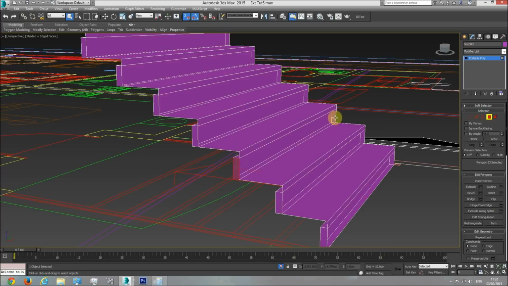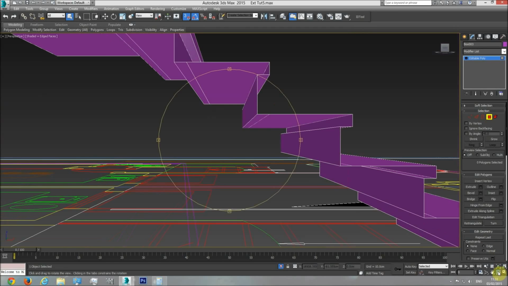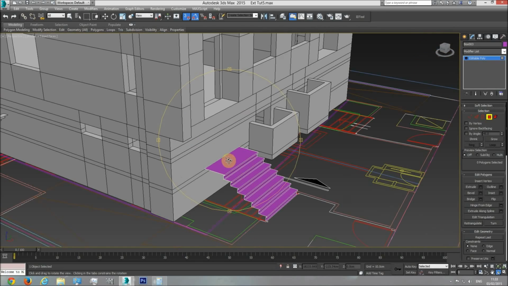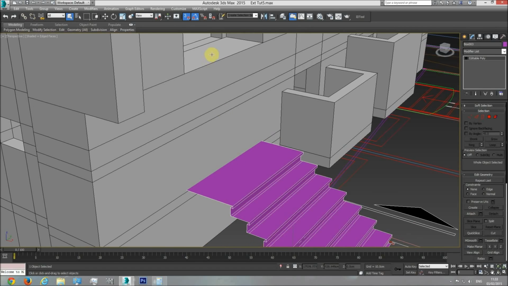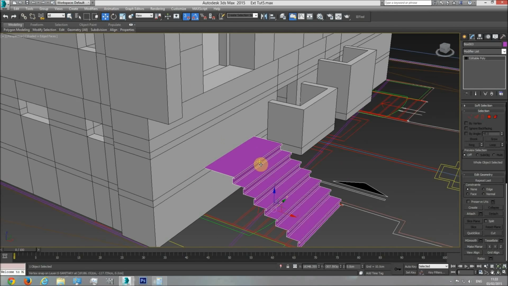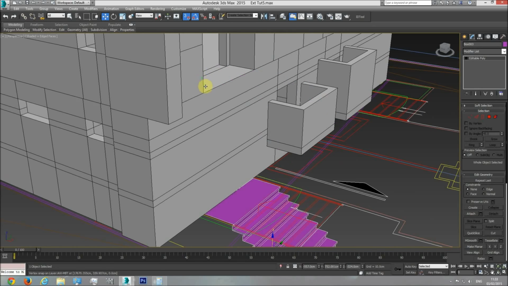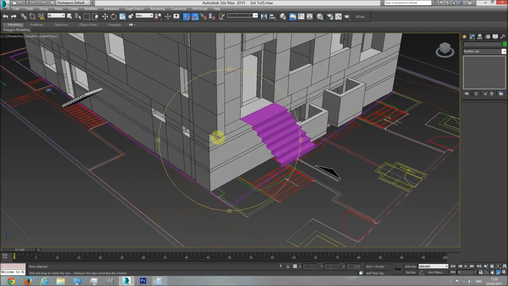Okay, now I need to delete these polygons, so I'm going to go to the front viewport and select these ones, and so on and so forth. And guess what? We have the stairs. So let's see what we have here. Of course, the stairs are too low. We need to take this upper part and align it with this upper part. So I'm going to take it up on the z-axis and align this point here to this point here. This is perfect. We have the first step to the entrance,